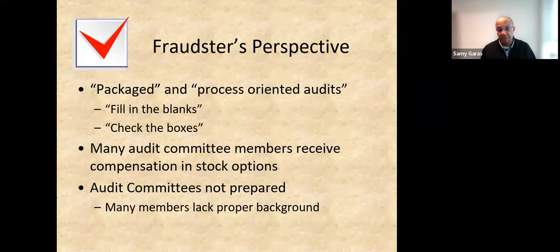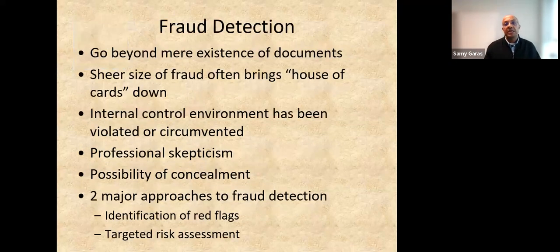from happening. As you can see here, package or process-oriented audits mean the audit process is just a matter of checking or filling in the blank, a rubber stamp as they say, but there is no actual audit. How do we discover fraud? Number one, we should develop the skeptical mindset, which is asking why it happens.